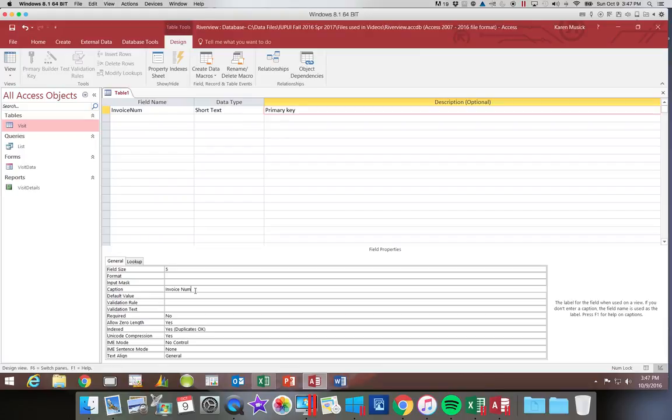You want to be very careful here with typing on both field names and captions on your homework. Another thing to point out is every short text field you have defaults to the 255 characters that we just changed it from. So if your invoice number is really only 5 characters and you don't change the field size,